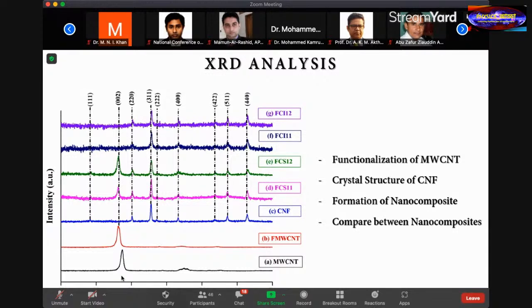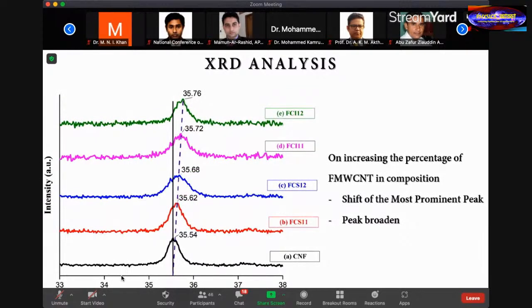And we also observe the prominent peak of ferrite reduced in height in the XRD of the nanocomposite. This may be due to the decrease in crystallinity. Now, if we see the most prominent peak, the 311 plane,